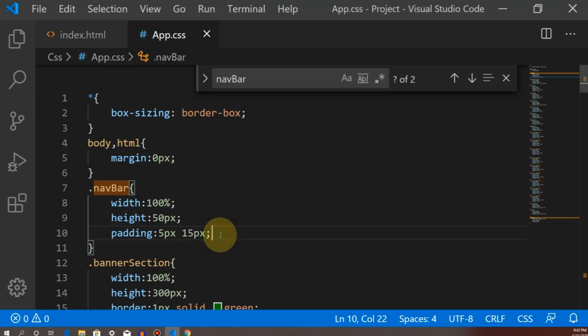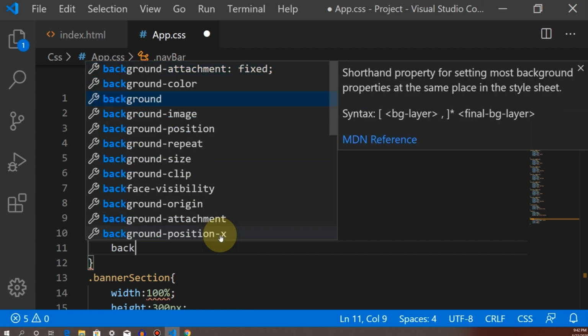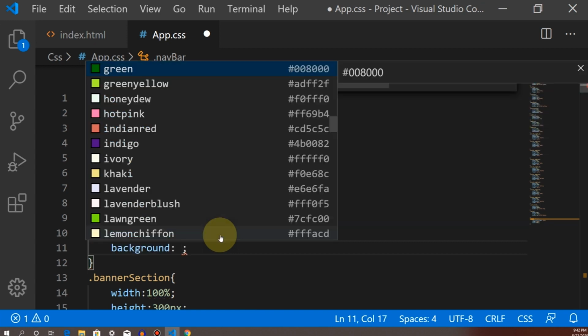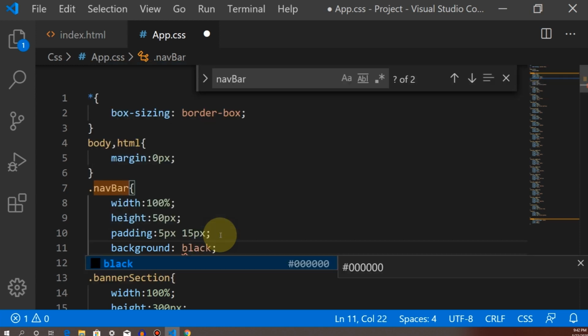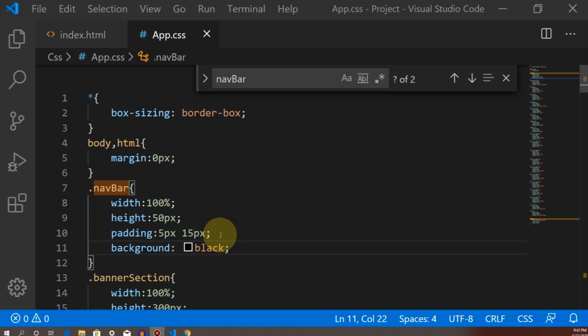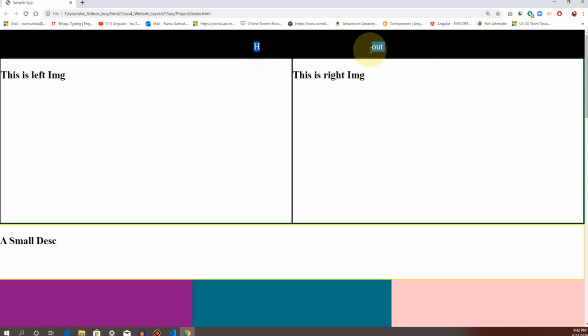So guys, now I'm going to apply a background for my navbar, gray or else black. Guys, the text is in black color, and I already gave a black background, that's why it is merged.